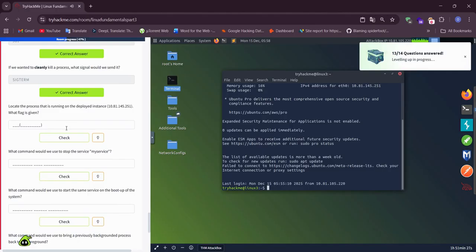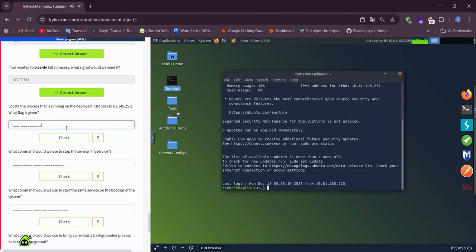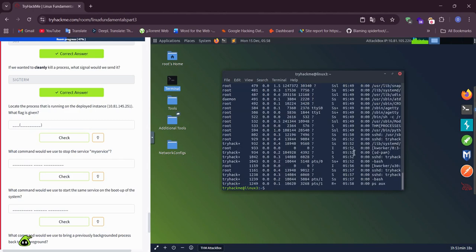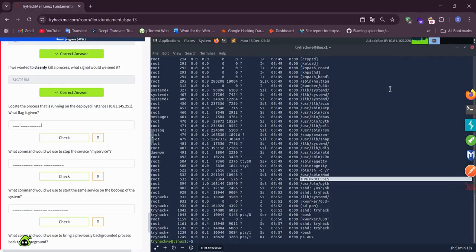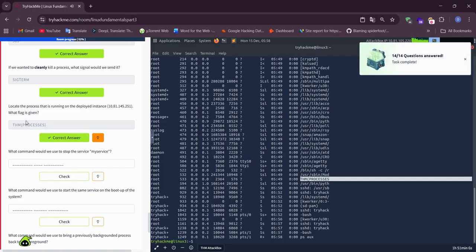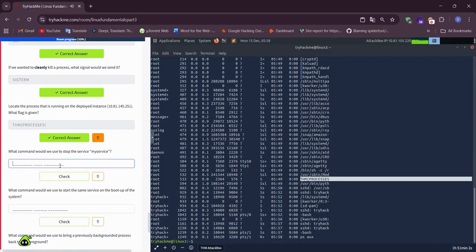Locate the process that is running on the deployed machine. What flag is given? We write ps aux, and our flag is that. What command would we use to stop the service my service? systemctl stop my service.